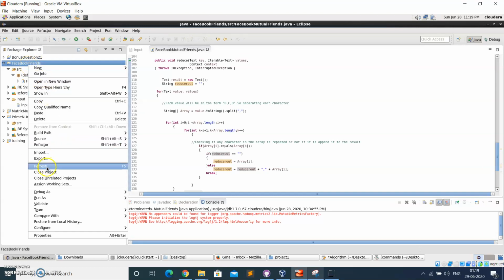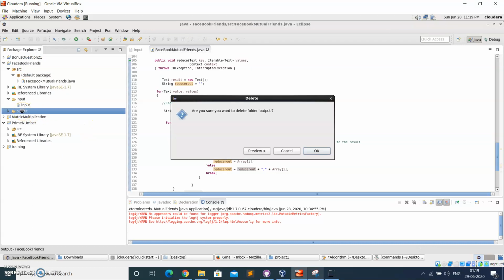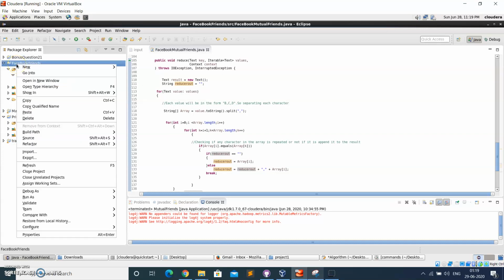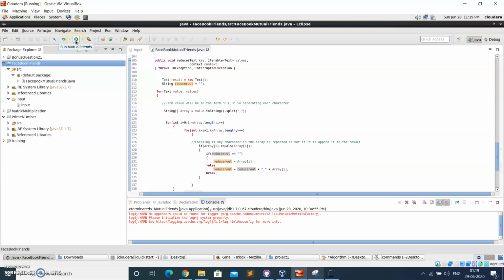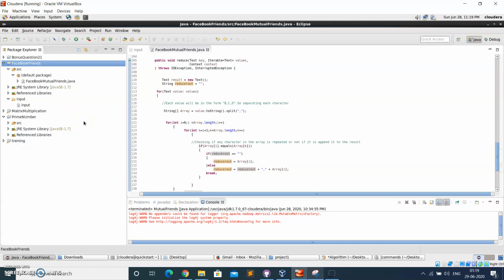Now let's run this program. First we'll make sure there is no output inside this, but there is an output, so first we have to delete that output. Now we have to run this program, and now I am refreshing.